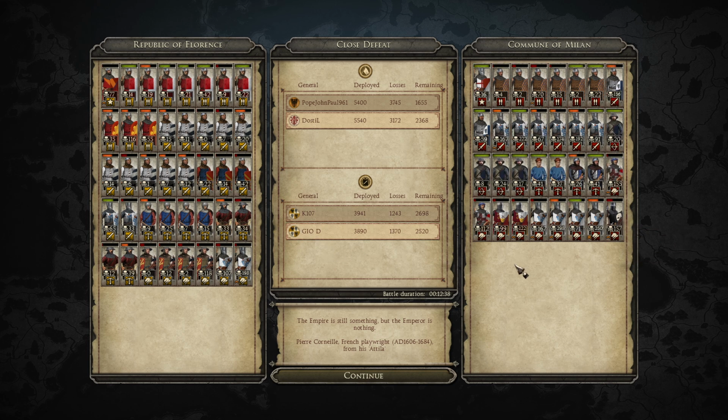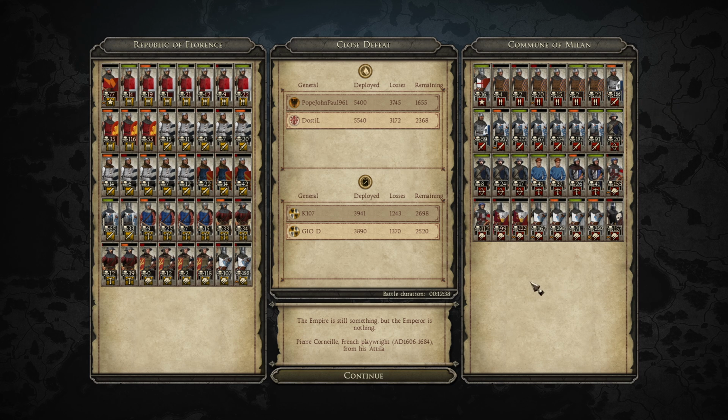Then we have Geo playing as the Commune of Milan over here as well, getting 112 kills with this lighter cavalry unit. Then he's got 122 kills. His main Milanese knights, 298, and the Death Company, 157 and 250 are there with another one of his Milanese knights. Very, very good. And then what else we got for kills is dismounted knights, 192 kills, 172, 222 kills. These guys were just unmatched. You need to get a cav charge on them to hope that you're going to defeat these guys. 156 kills here with the Spadaccini as well.